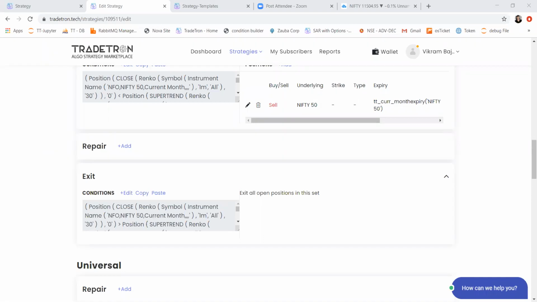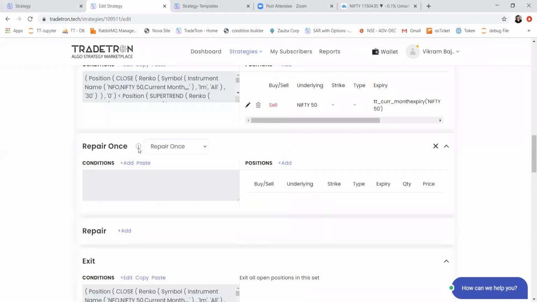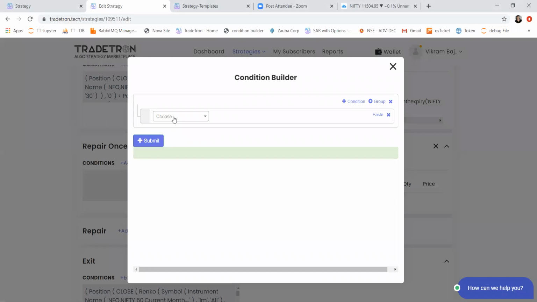How can I close 60% of quantity at 1% gain and remaining at 315? So using this repair once, you can do that. So here you can write the condition: if price has gone above, LTP is greater than entry price into 1%.